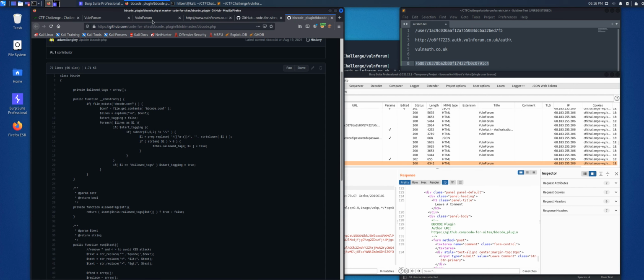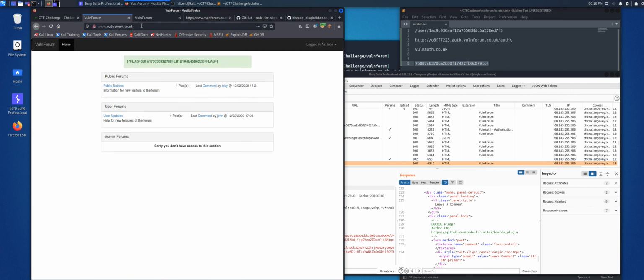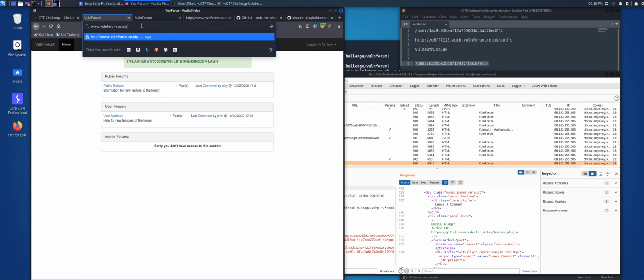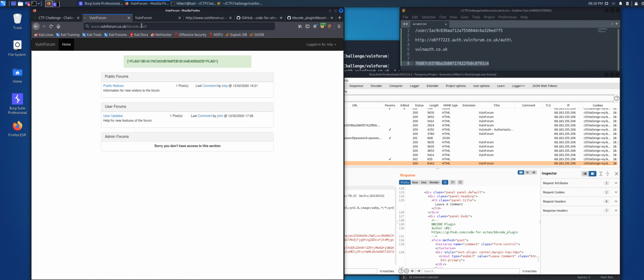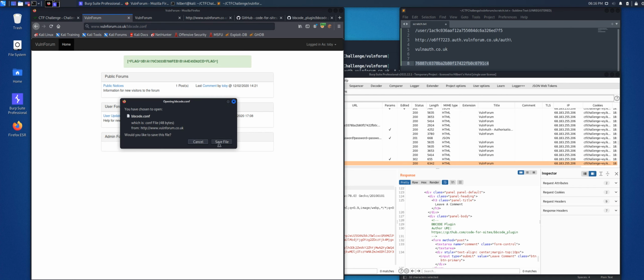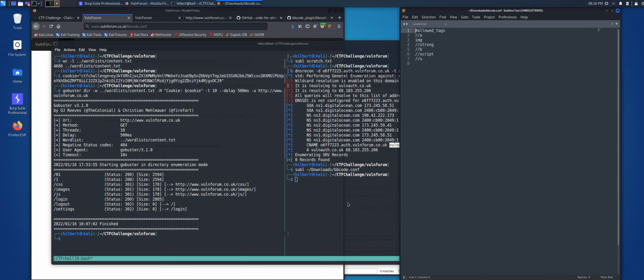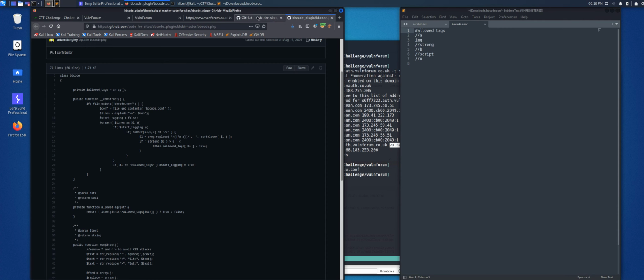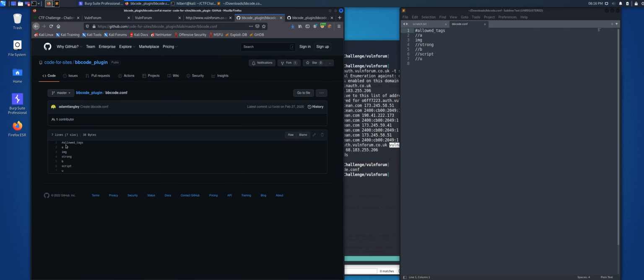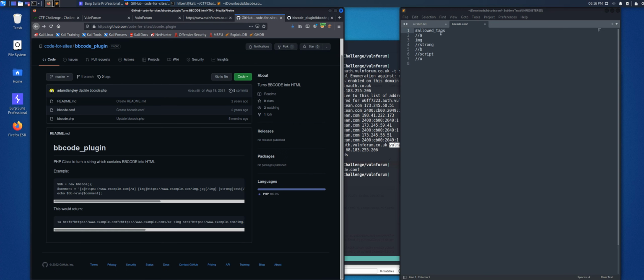Since it's looking for a conf file, let's see if there is a conf file in the root directory. And aha, we do have one. So let's go ahead and see what it is. So we see here, let's look at the example one too that they give. Okay, yeah, so we have the allowed tag, so we know it's going to try and process all these, but